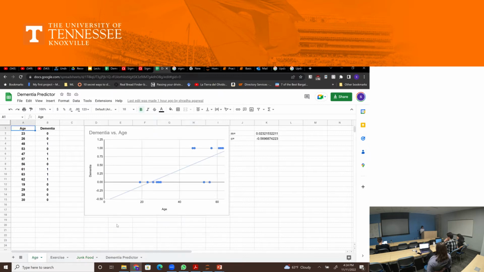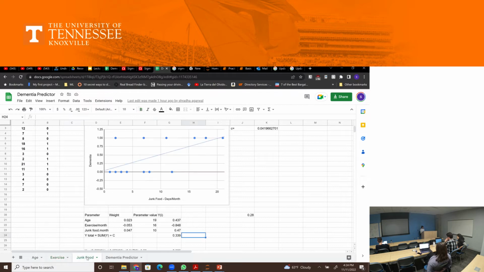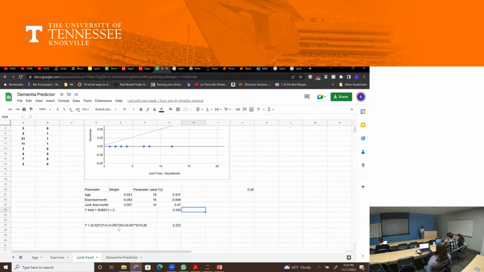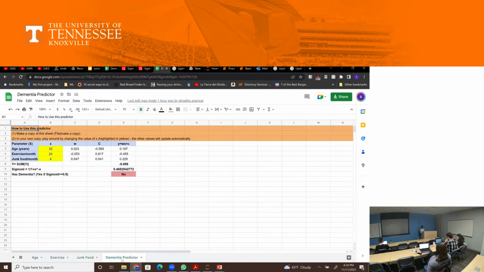You have an age, and you are getting this Y out of age here for junk food. And here, you can change these values and predict dementia. So if I change the age of a person to, say, 64, it should be able to tell me dementia, yes. If I change the age of a person to 4,